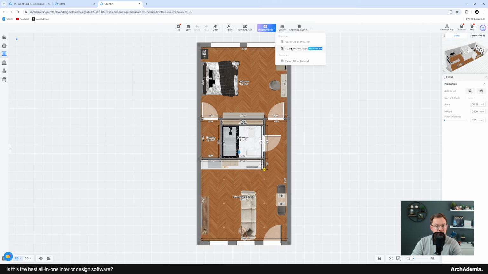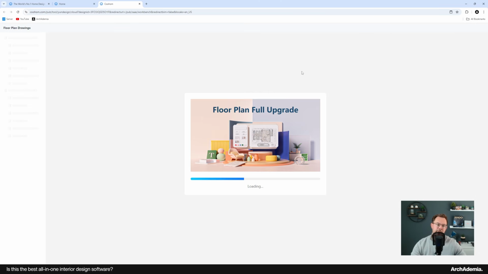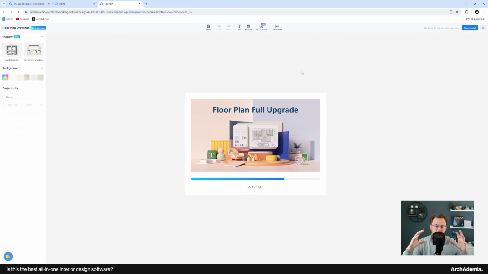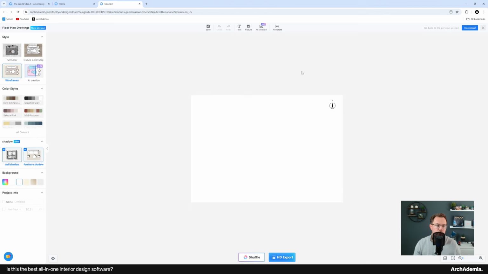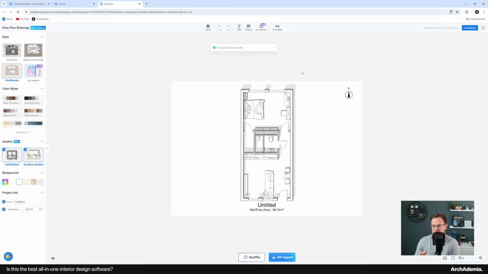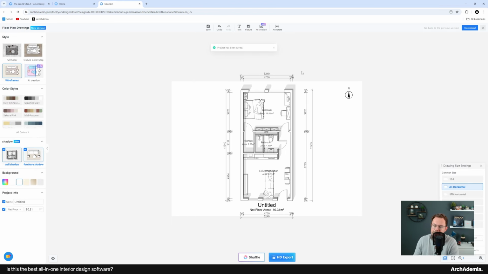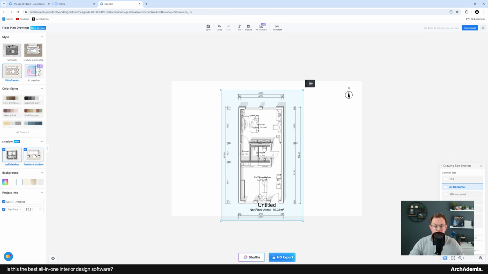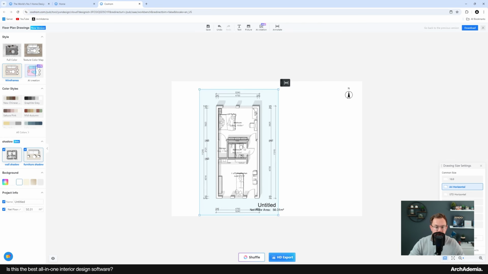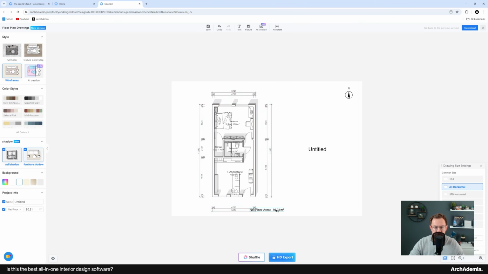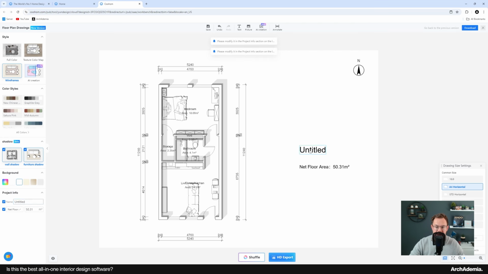And then the other option are floor plan drawings. Now, these aren't to scale in the same way that the construction ones are. So the construction ones are where you would issue them to a project team, a contractor, perhaps clients as well. The floor plan option is a little more diagrammatic, but I quite like it because it gives you the option to annotate. You can change that text,